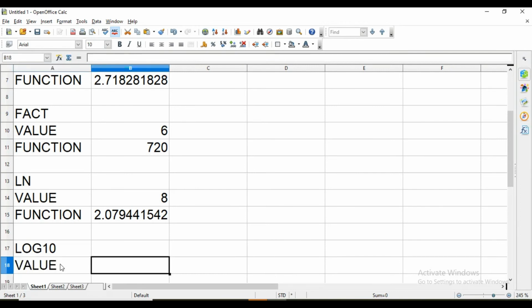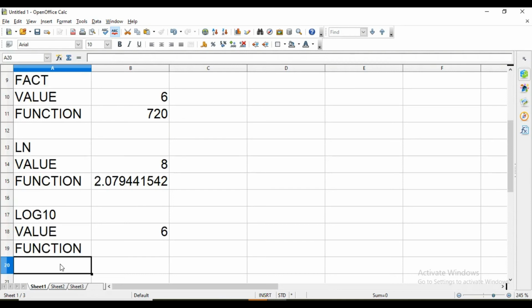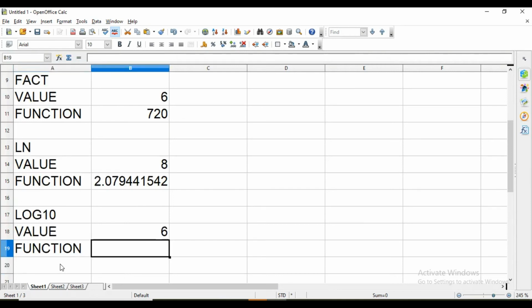So value here is, for example, we are taking 6 and function is equal to LOG10. This is base decimal, and then value. So this is logarithm base 10 value of 6.